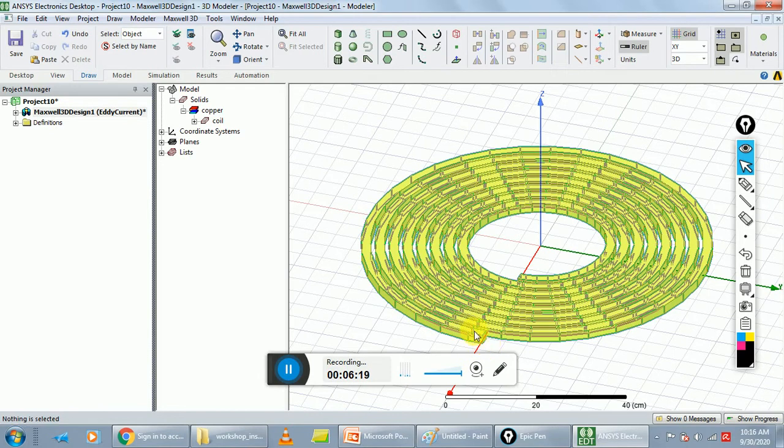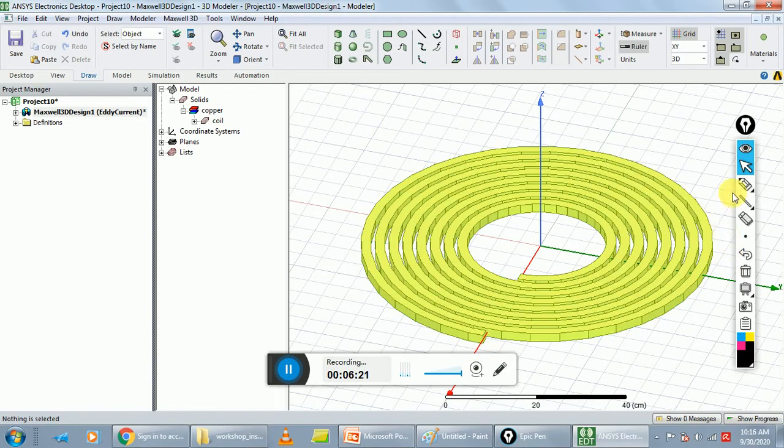The process is here we create a box, and here also create a box, and select both inner surfaces of the boxes and extend and join them. This is the process.